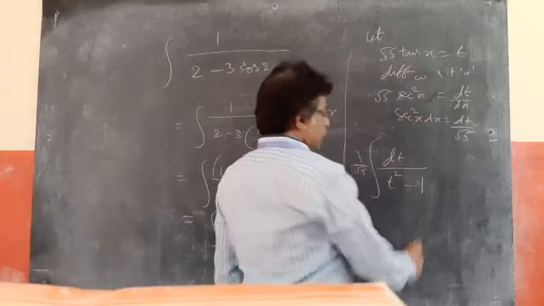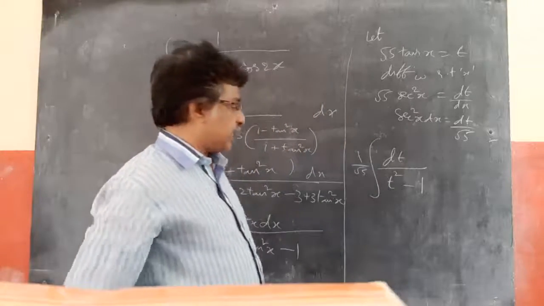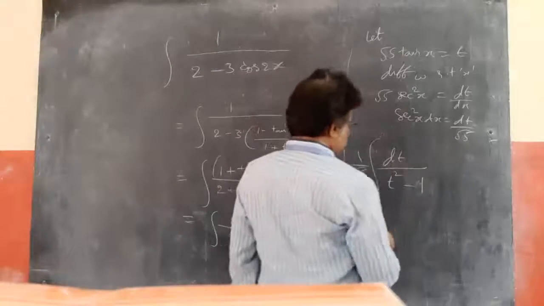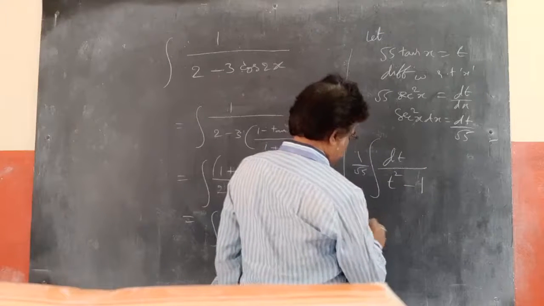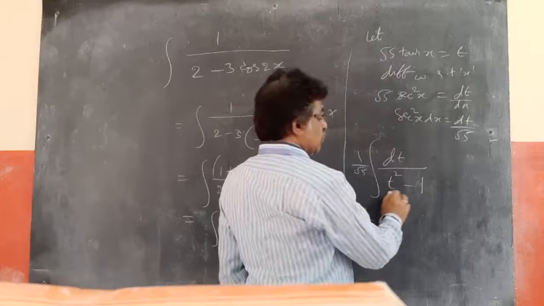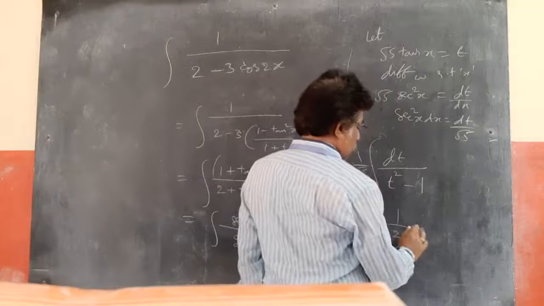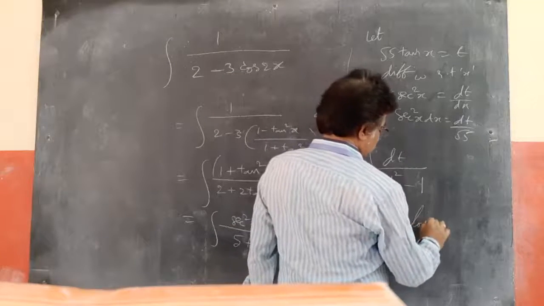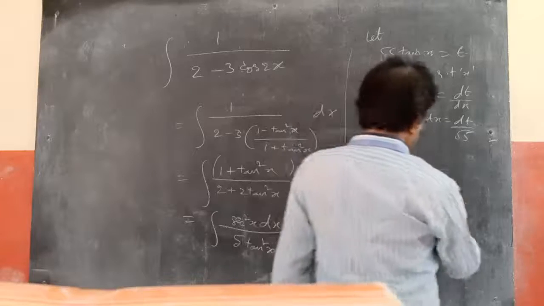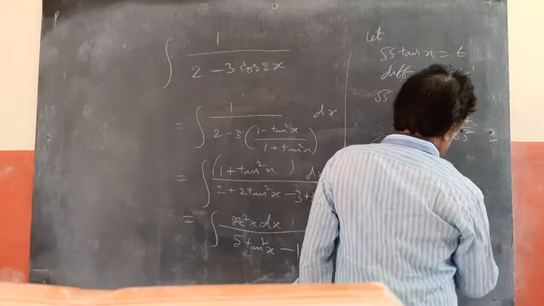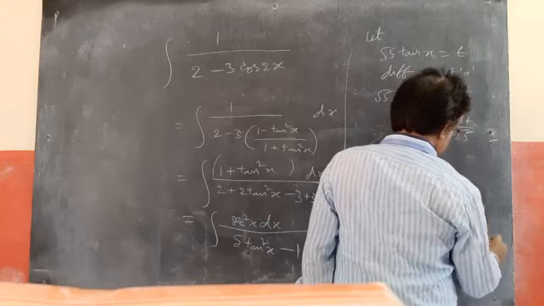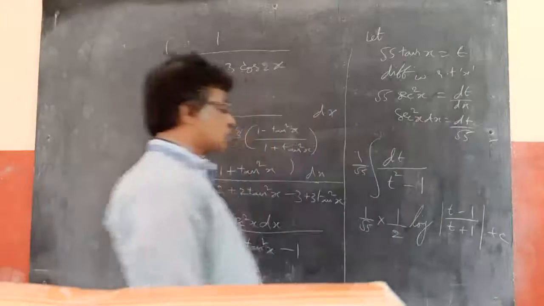This is x square minus a square, 1 by 2a log mod x minus a by x plus a. So integral of 1 by x square minus a square, 1 by 2a log mod x minus a, means t minus 1 by x plus a, means t plus 1, plus t means root 5 tan x,